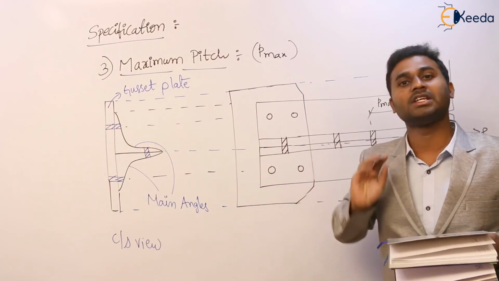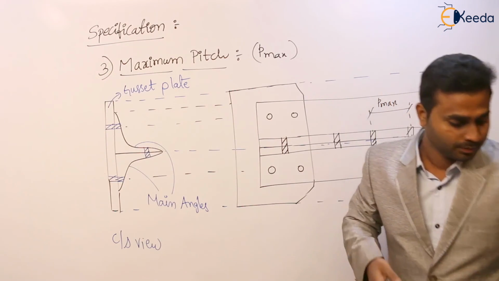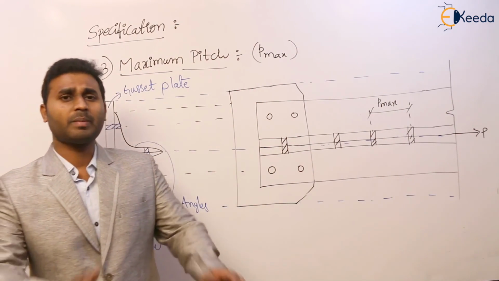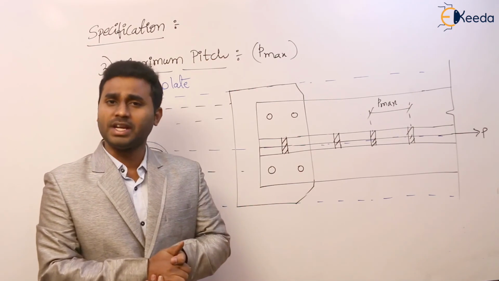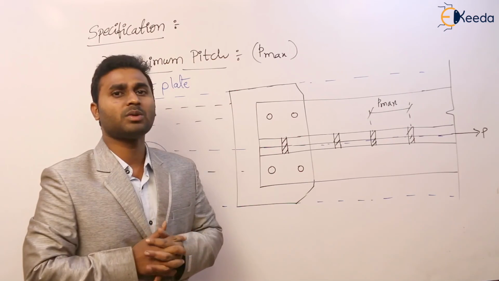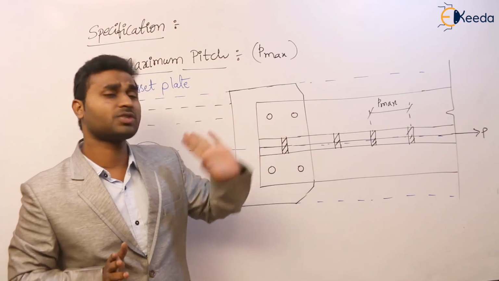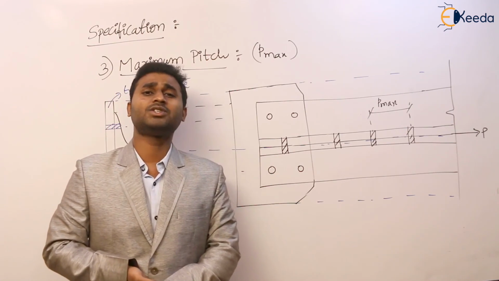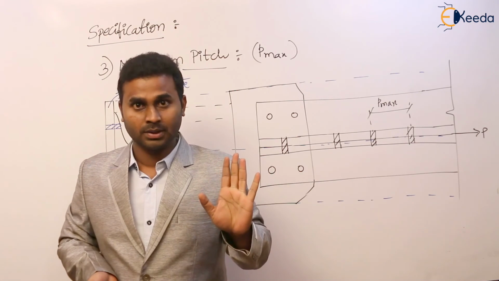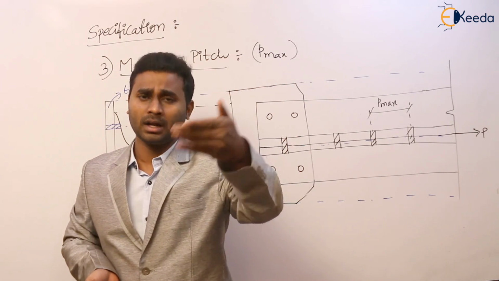As I said, imagination is more important. That is what I am trying to show by these books. That is the maximum pitch provision. Is it clear, everyone? For maximum pitch, it varies from case to case. But for minimum pitch, for all the cases, it is 2.5 D. But out of all the provisions you discussed so far, in this you just remember the maximum pitch for tension and compression. If anything is not mentioned, then take it as diamond riveting or chain riveting.